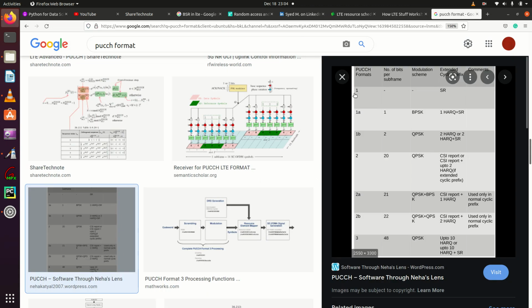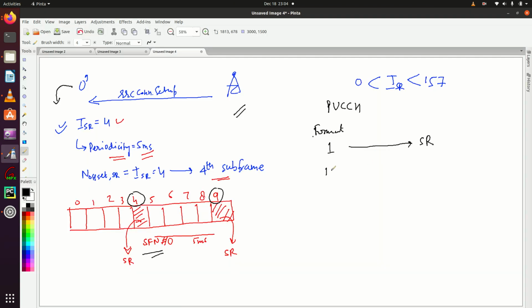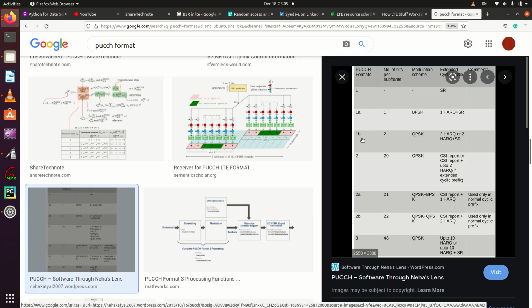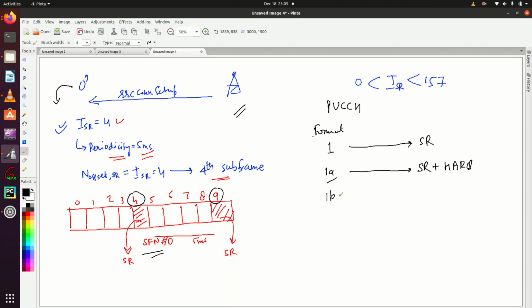PUCCH format 1 is only used for scheduling request. Format 1A is also there. If along with scheduling requests the UE wants to send HARQ ACK or NACK, then you can use format 1A. And if there are 2 HARQ bits, then it can send SR plus 2 HARQ.